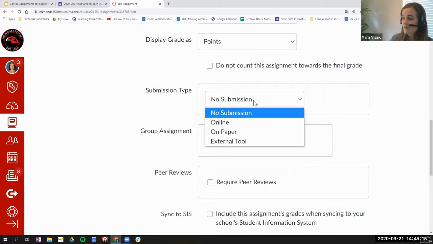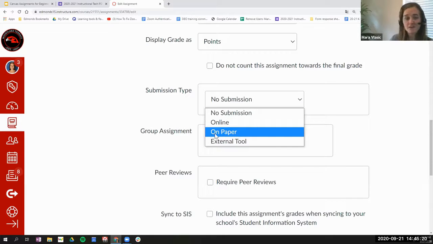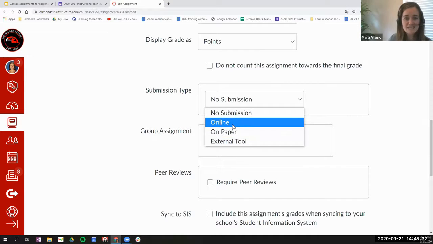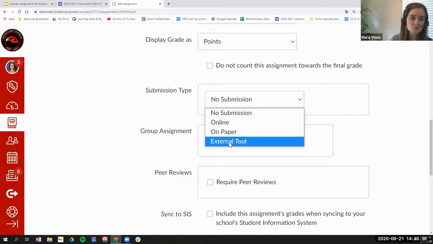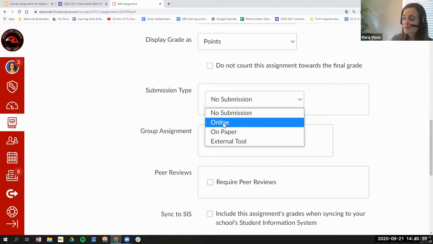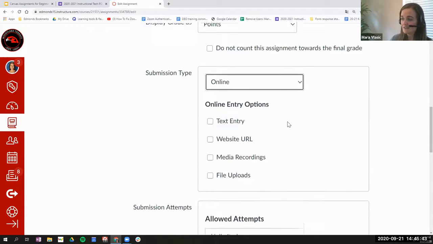When I click on this drop down right here, I also have the option for an on paper assignment. I would use this a lot in class when they're doing something on paper and turning it in physically. I would mark it in Canvas as on paper so that they knew they didn't have to do anything online. But now that we're online teachers, we're probably going to live in the online and the external tool submissions more. So if I want my students to actually submit something online, I'm going to click online,